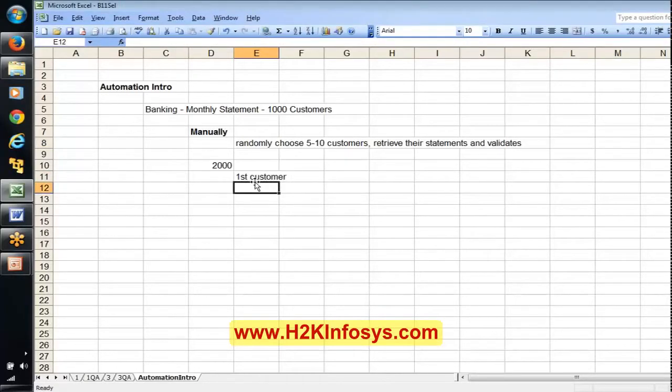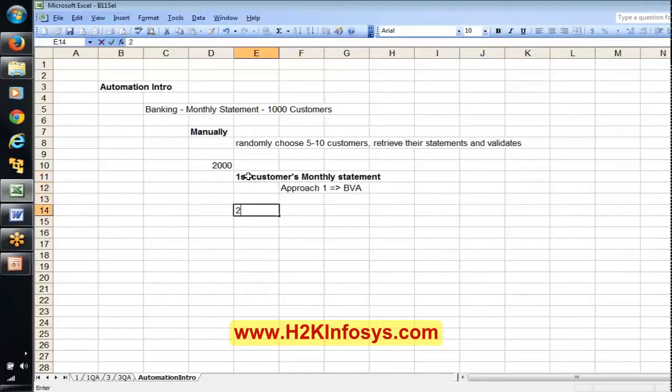Say as a human being, for the first customer, to validate the first customer's monthly statement, I might have followed some approach, say approach 1. I hope everyone knows manual testing basics. Like say we have used boundary value analysis to test the first customer's monthly statement.